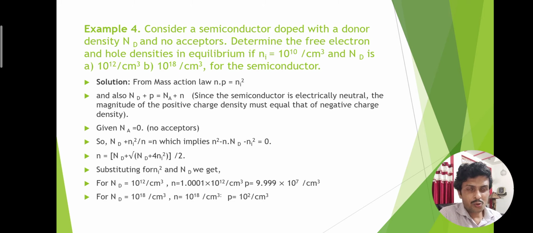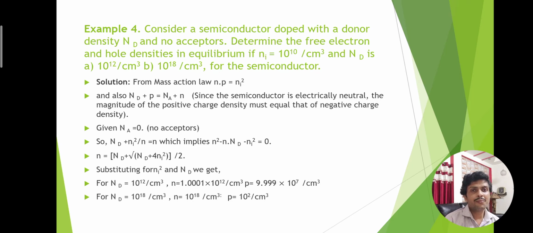So it has been told initially to consider a semiconductor doped with donor. When it is doped with donor, it is an n-type semiconductor by default, and no acceptors. That means it's an ideal n-type semiconductor which has no holes. An ideal situation doesn't occur practically, but for this problem there is no need to consider the hole concentration. It is fully donor concentration and the electron concentration. So Nd and n are the same, because the number of donors and the number of electrons are the same.